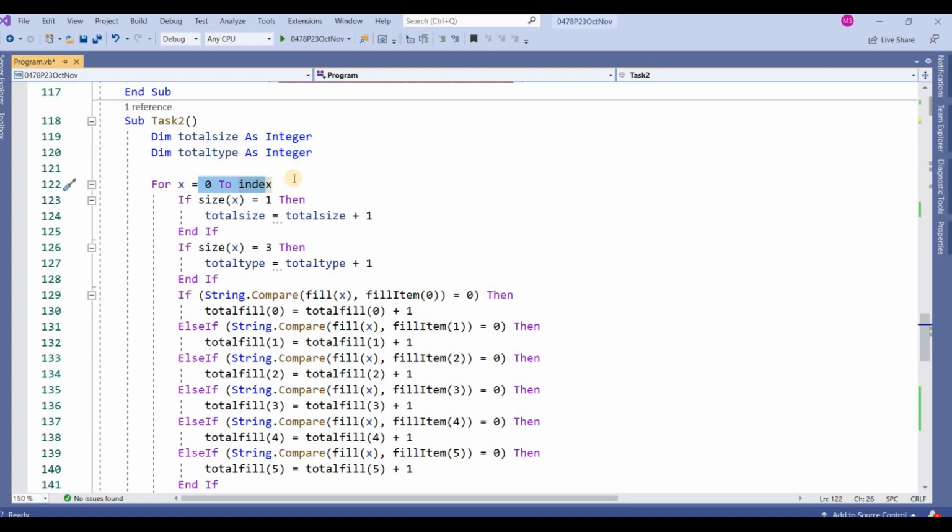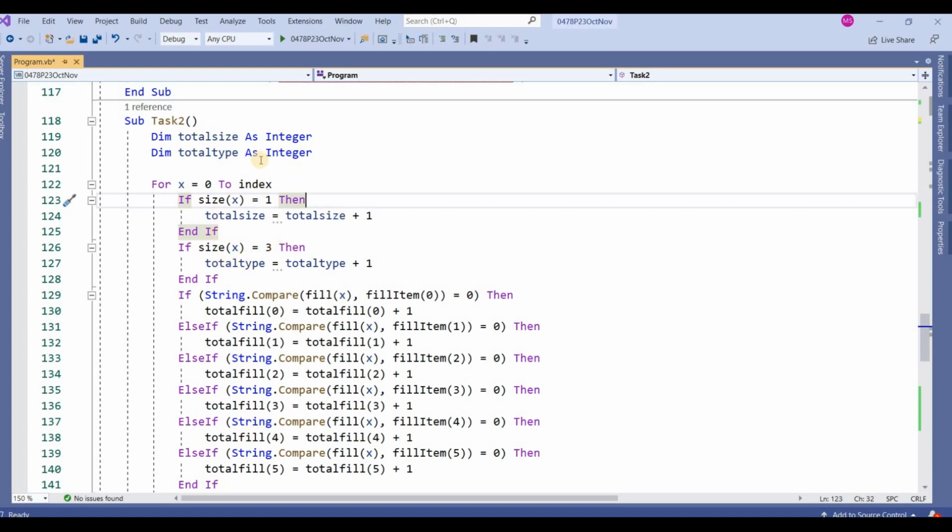Whatever value of index we have entered, it will move up to that, because I want to get the values from the arrays. That's why I started from the same index. If the size array at x contains the value 1, it will do total size equals total size plus 1.